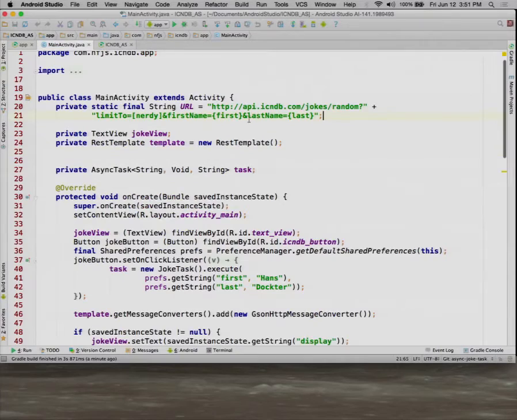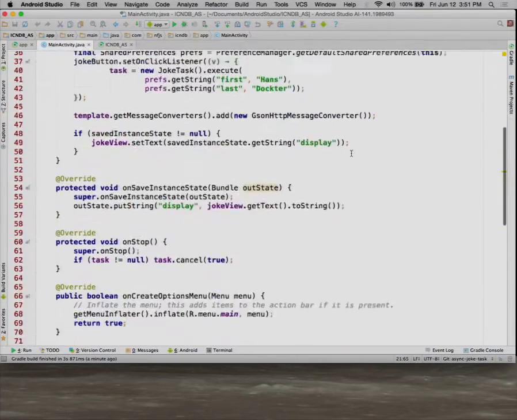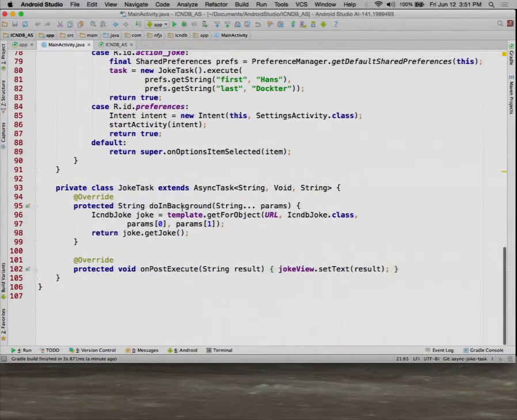Here's my rest. There's the URL I'm using, and then inside an asynchronous task in the doInBackground so that I get off the UI thread, there's my getForObject, passing in first name and last name. Gives me back an instance, and I pull that out. That's all there is to it. Very, very simple exercise here. So there's that much. Now let me switch and show you some of the tests for this sort of thing.